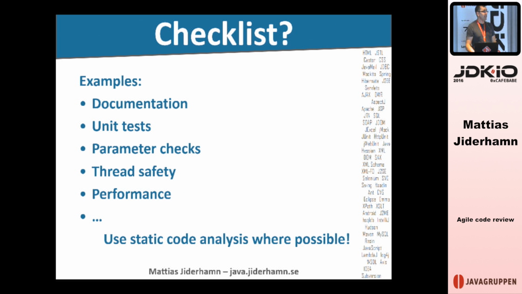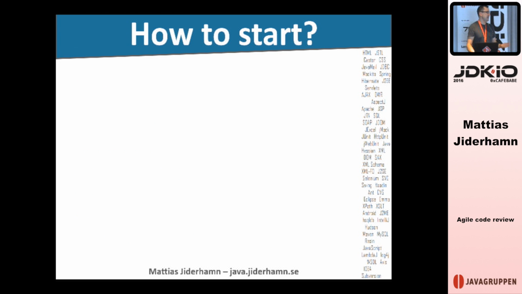And something else that could be recommended is to use a checklist of things that a reviewer should check for while doing reviews. So is there documentation, are there unit cases, are parameters checked, and so on and so forth. Could be a list that should be gone through by the reviewer while doing the review process. So in case you're not doing code reviews at all today, some tips for getting started is, well, maybe you should just introduce it as something